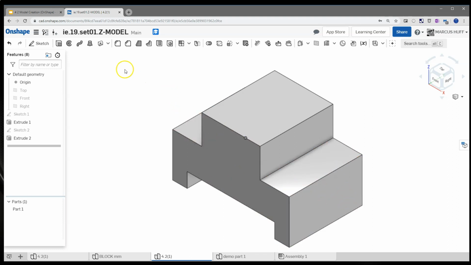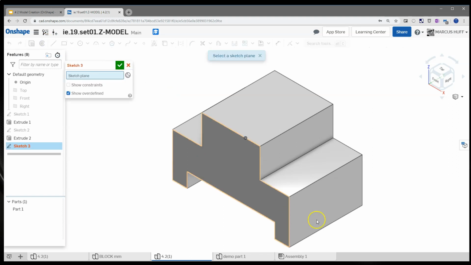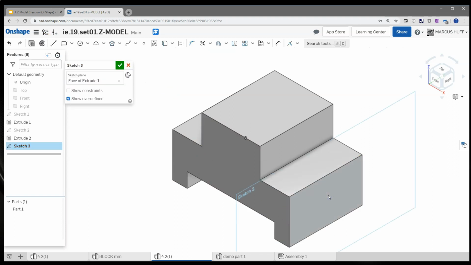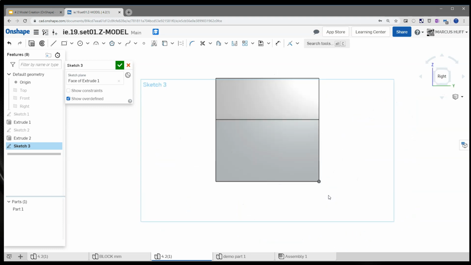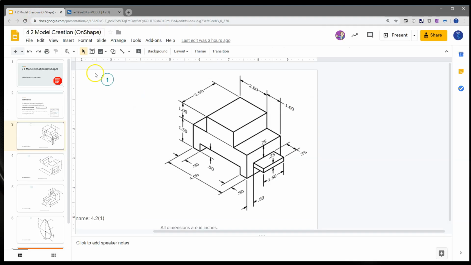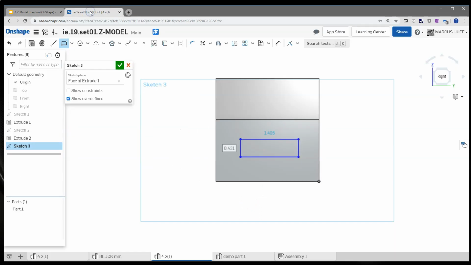So we're going to hit Sketch, and I'm going to click on this face. And then I'm going to press N to go normal to that plane. We're going to do a 2-point rectangle here. So if we look at the instructions, it says that that is 1.5 inches wide, it's 0.25 inches thick, it's 0.75 from the top, and ½ inch from this edge. So let's go back over here. So this is 0.25 here,